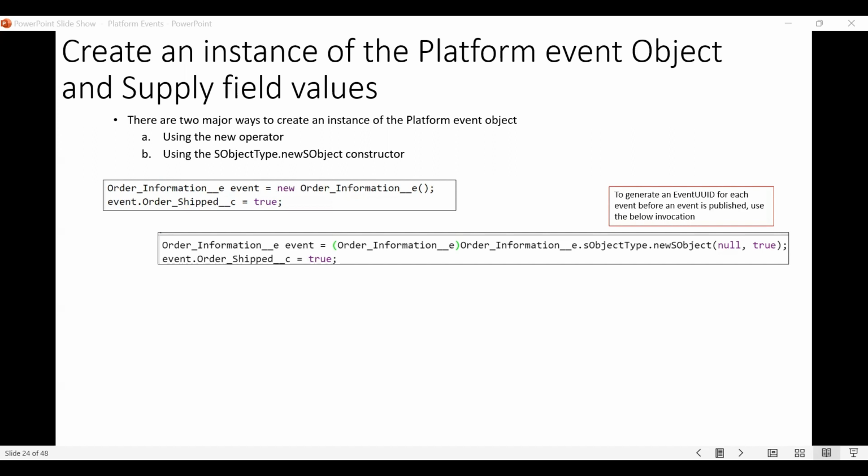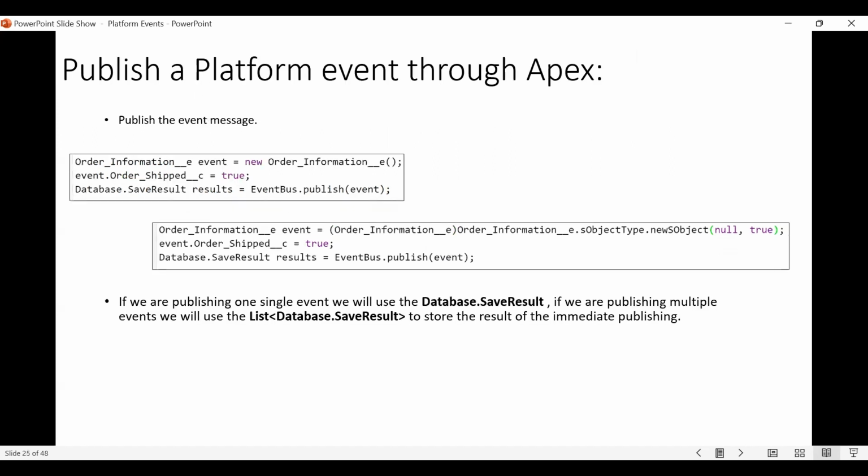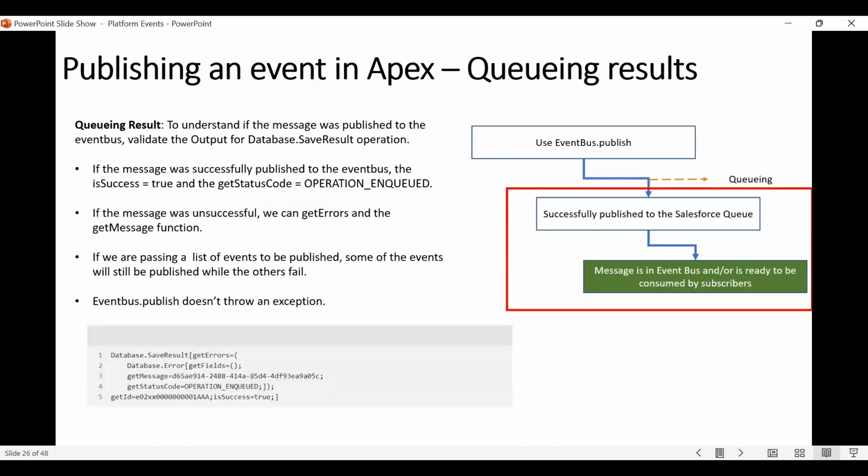Post that, we also validated how you could publish a platform event, and the response you receive on EventBus.publish. What kind of response is it? Is it a synchronous or an asynchronous result? We'll be continuing from this point, and just a quick recap: